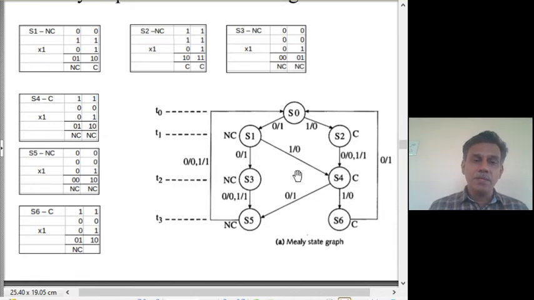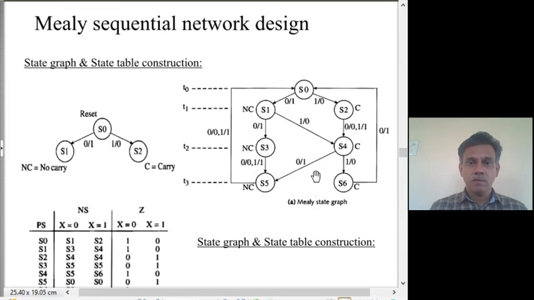This is a Mealy machine because you can see that the transitions have got input and output labels. Having obtained the Mealy state graph, we have to check whether we have handled all states and all possible input conditions. Of course, that is how we have been handling the bit process, but again you have to cross check whether all input conditions have been handled. Here the 1 bar 0 is not mentioned because that is not going to occur.